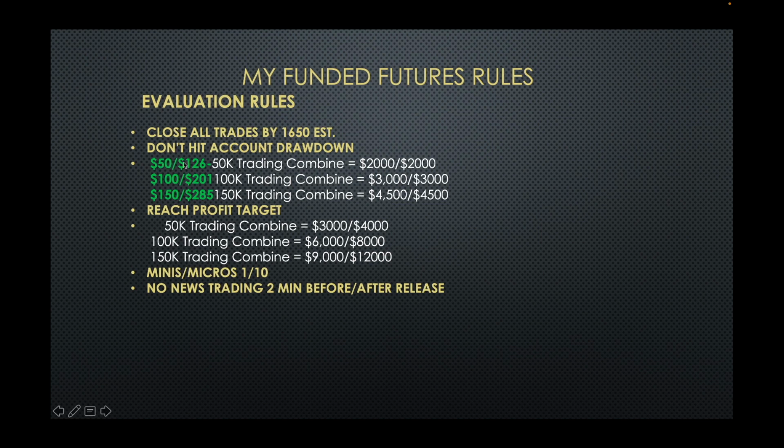So the starter account's $50. The expert account is $126. The difference is the starter account has a consistency rule, I believe it's 40% maybe. And once you get to the funded stage, you have to pay for the starter, whereas with the expert, you don't have to pay to get into the funded stage until you make $5,000, and then they transfer you to a live account where you have to pay the data fee after you make 5,000.